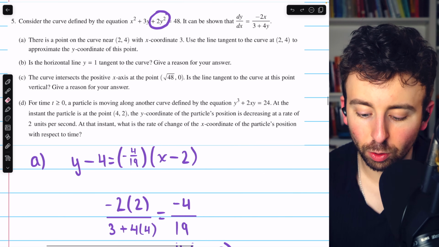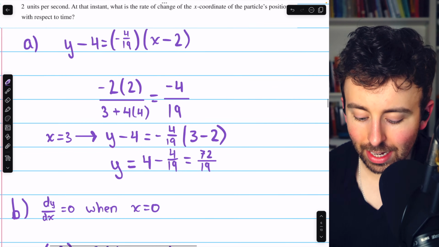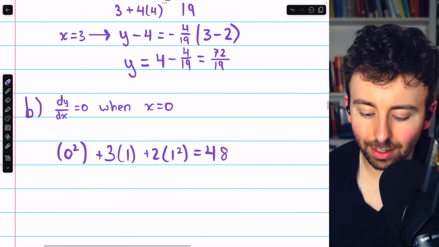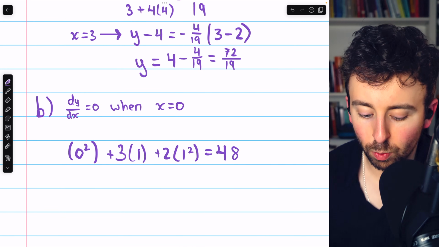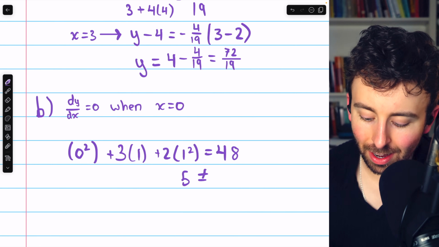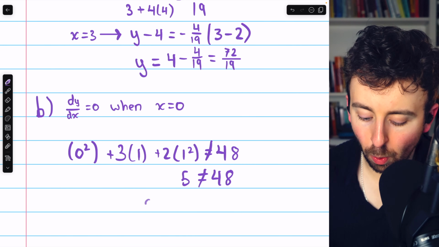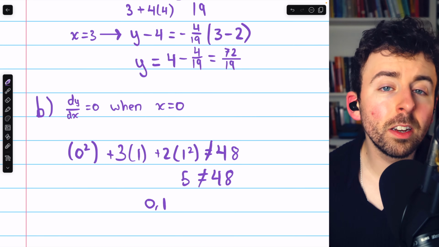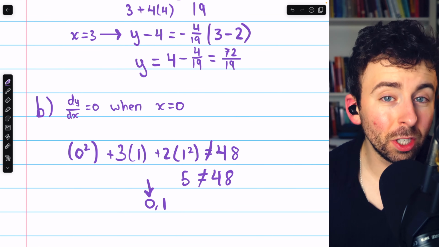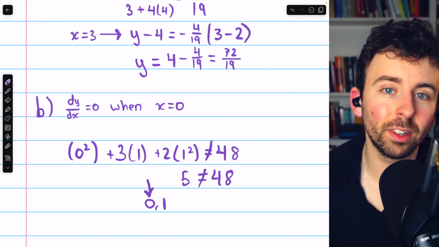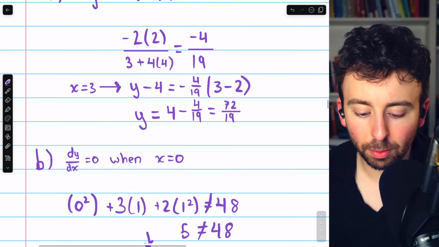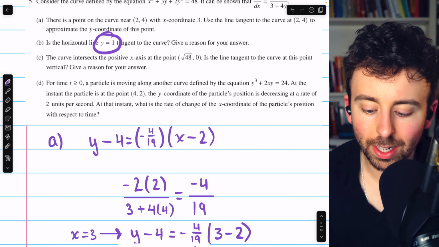Let's check if it actually does. If it does indeed equal 48, then yes, the horizontal line, y equals 1, is tangent to the curve. But we see, doing the math, this is 3 plus 2, which is 5, and oh, that is not equal to 48. So in fact, the point (0, 1) is not on the curve, and it's only when x equals 0 that the slope could be 0, and thus the tangent could be horizontal. Since this point isn't on the curve, it's not possible that the horizontal line, y equals 1, is tangent to